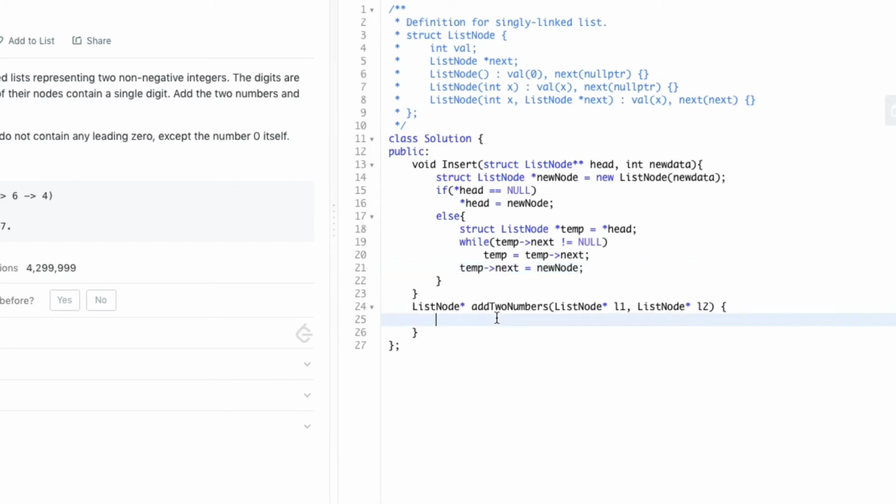Now we can begin with the actual code. Initially, we declare a head pointer and point it to null. We also declare two integer variables, temp and num, and initialize temp to 0.